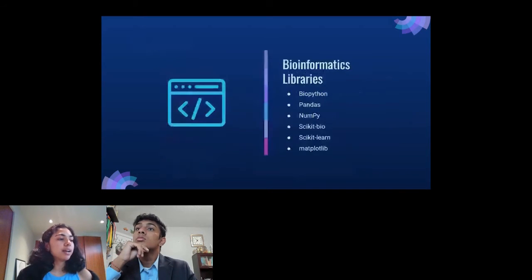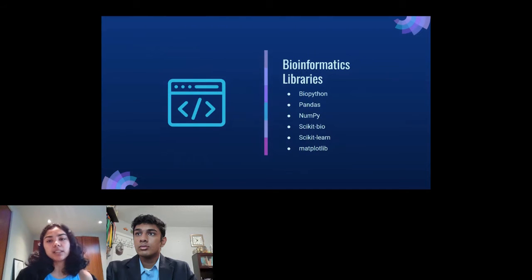All right, so now we'll get into the specific libraries that you can use. There's a constant stream of development in technology for bioinformatics purposes, and this is true for all languages, and there's constant evolution in the field. So this is an ever-changing list, but these tend to be some of the most prominent ones that you will frequently see right now. So these are some of the most common ones, starting with BioPython, which I